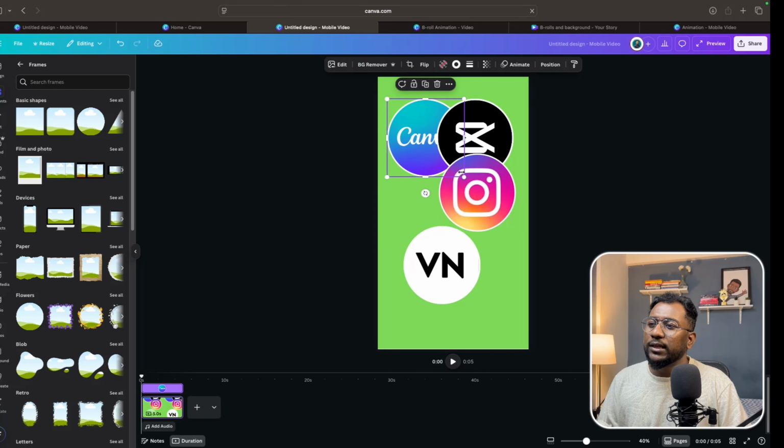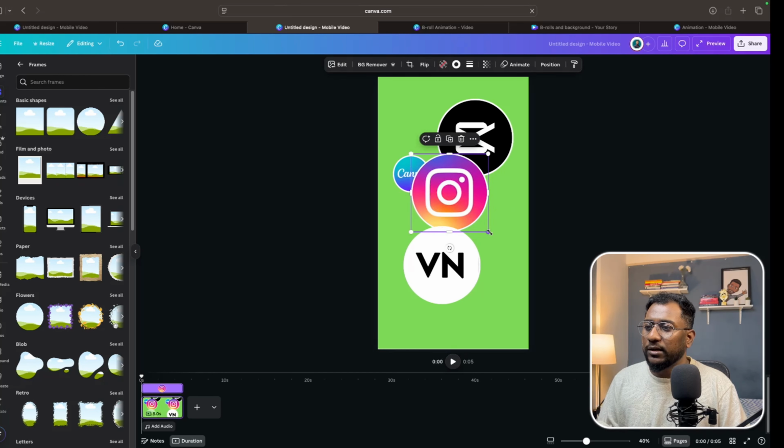So now let me just adjust the size of this Canva logo. This is the frame for the videos as well, and I need to make sure the size that I'm using will be not too much and not too small. Audience can see the elements clearly. Okay, so first the Canva logo will come, and then I want the Instagram logo. Then